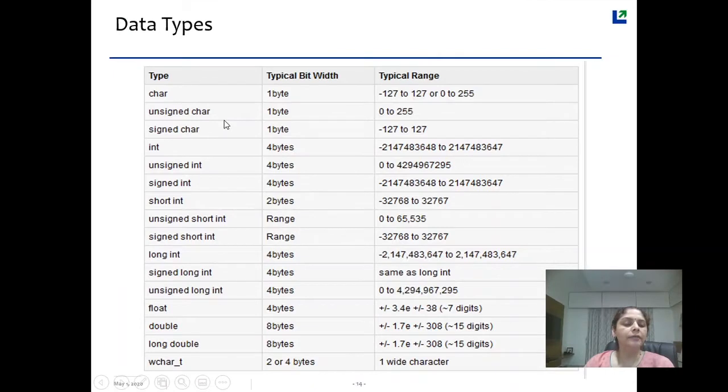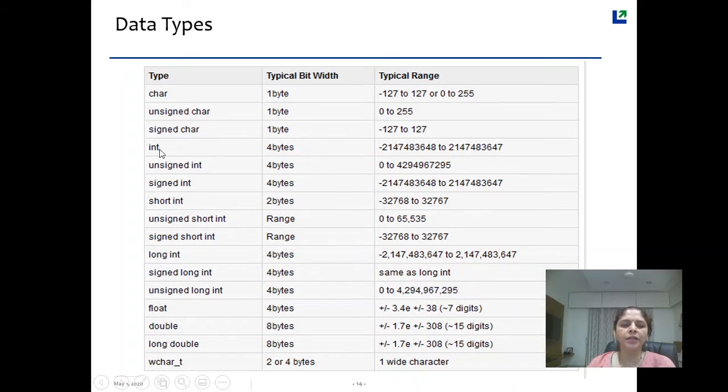To declare variables in C++, a lot of data types are available. So you can see over here a list of data types is given. Various types are there, like char, int, and every data type's allocation in bytes is also specified over here.